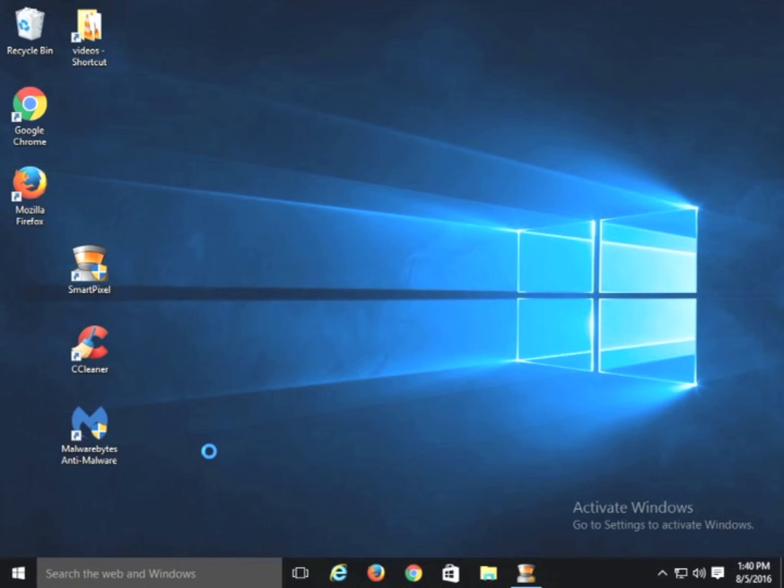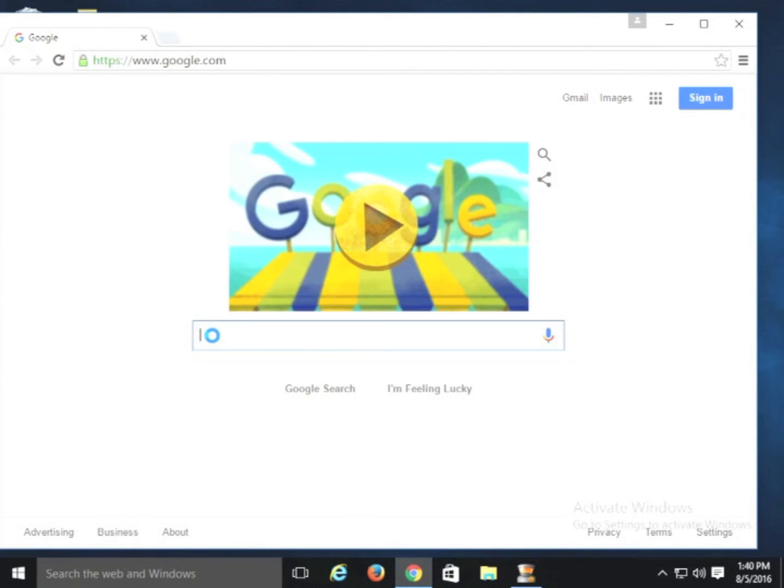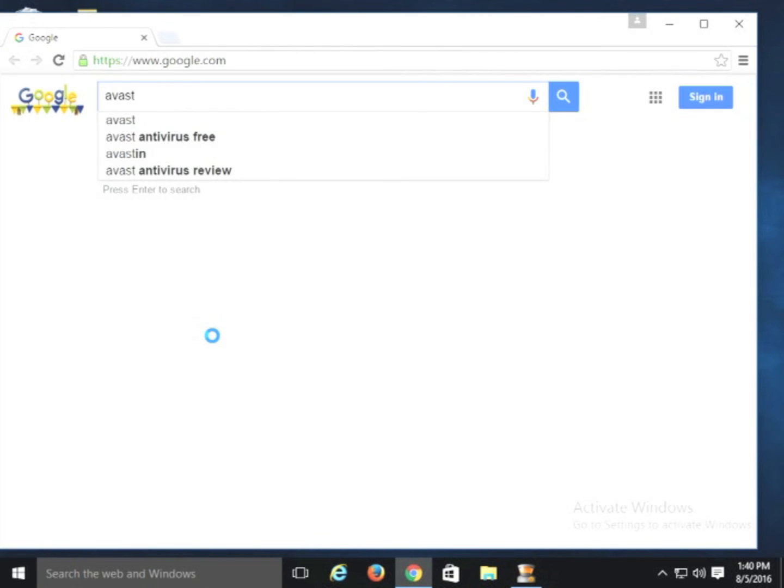We like to use Avast free antivirus. We found that it works better than those other two and is also lighter on system resources, meaning that it doesn't slow the computer down. So let's go ahead and download that one. We'll start here by going to Chrome and just doing a Google search for Avast free